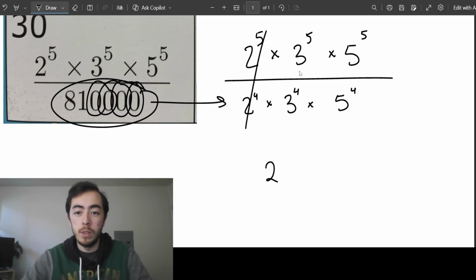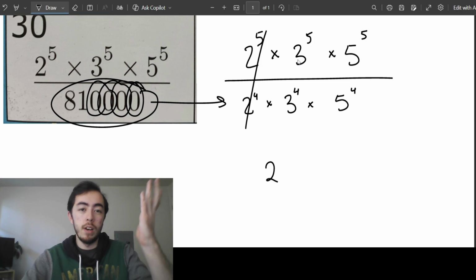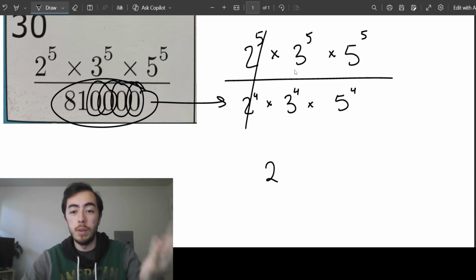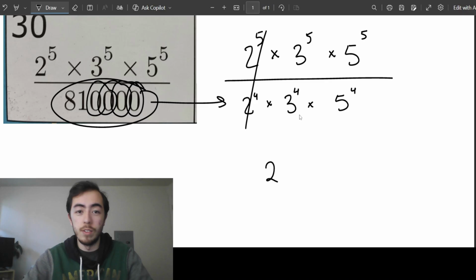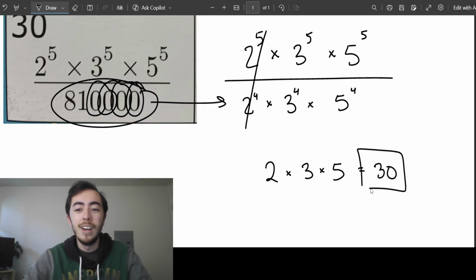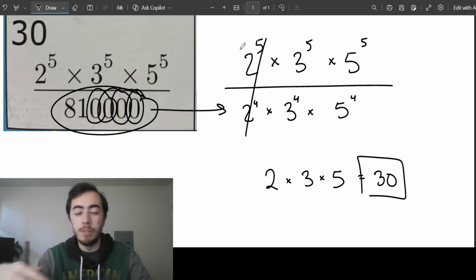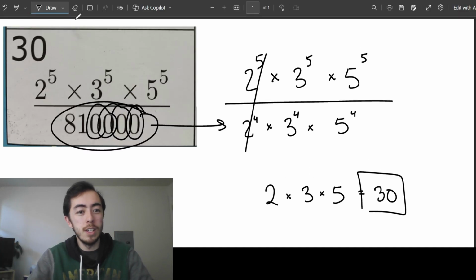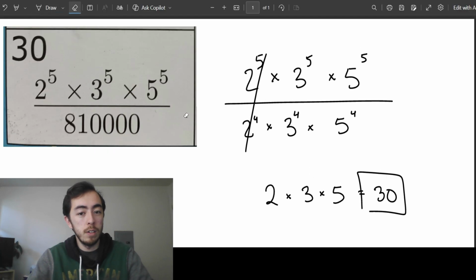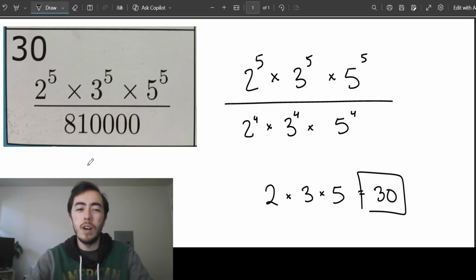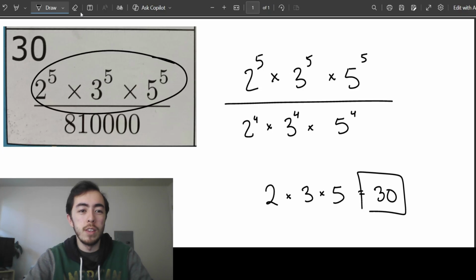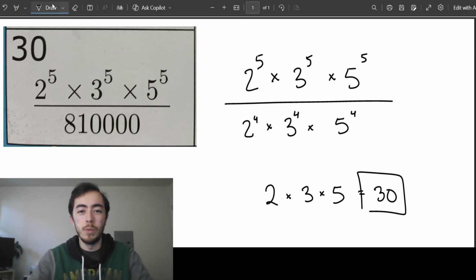Then the same thing happens with 3 and 5. We have 5 threes on top and 4 threes on bottom. And so all but 1 on top cancel. Same thing with the 5s. 2 times 3 times 5 is 30, and we're all done. This is the method that I would recommend for reducing basically any fraction. It is a little bit easier to find factors of the big numbers and then just cross off common factors. It's a little bit harder to multiply everything and get the big numbers because, well, working with big numbers is